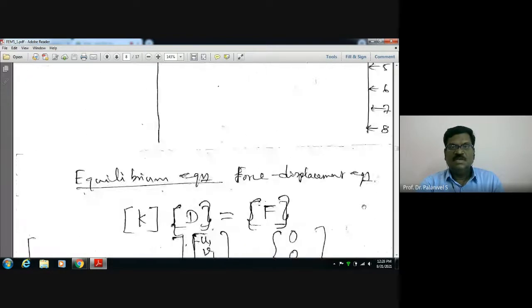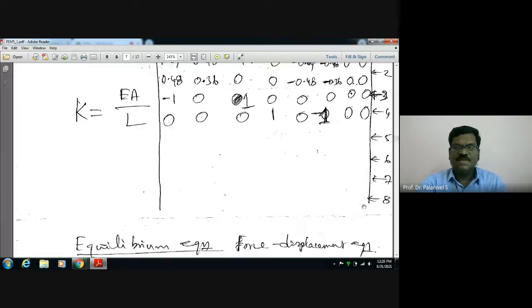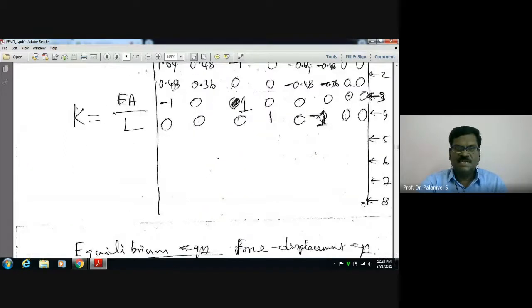So this way, especially the procedure only. The main intention is to tell you how to solve your problem. In the finite element program, it does all that I told you. It does everything. Okay. So this way, it is being done.